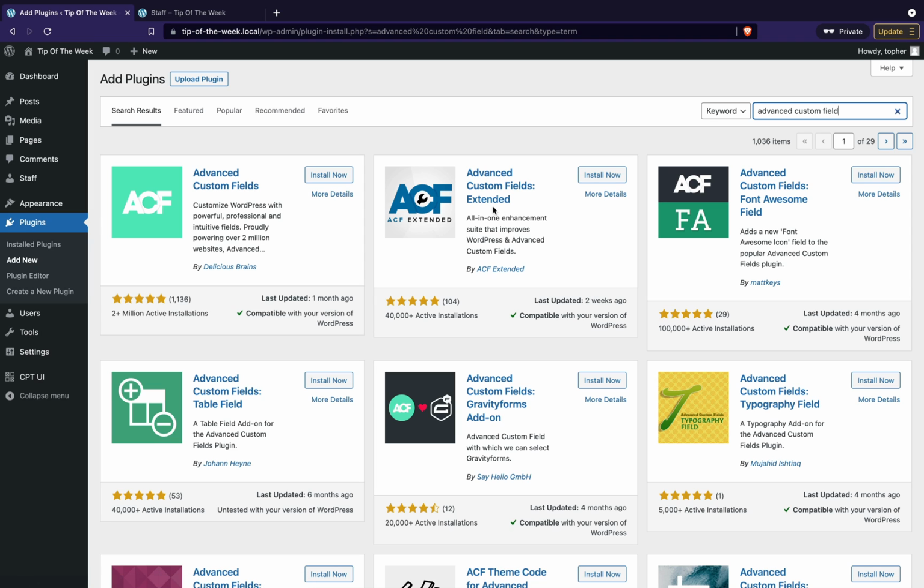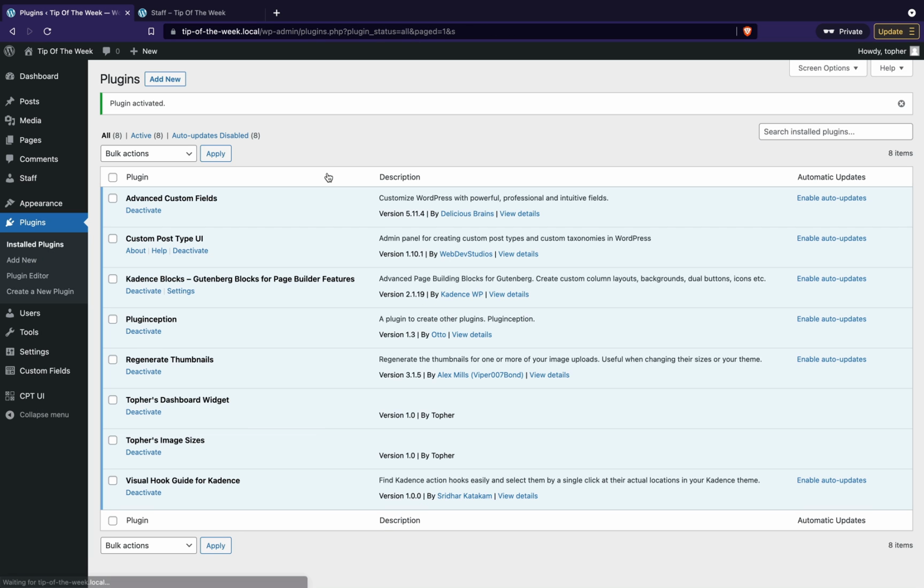And you'll note over here is ACF Extended. That's an add-on, and it's cool, but if you just get this thinking it's better than this, it's not gonna work because it requires this. So, grab Advanced Custom Fields, and we'll activate, and now on the left here, you can see there's a Custom Fields thing.